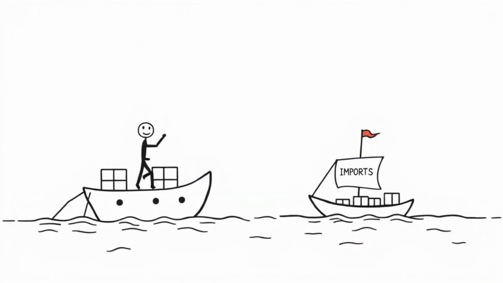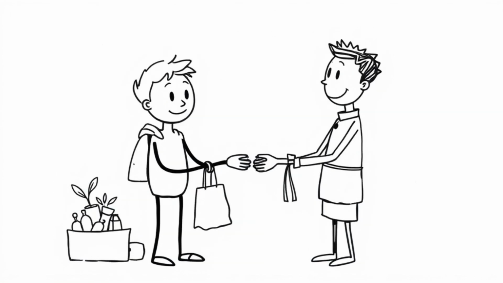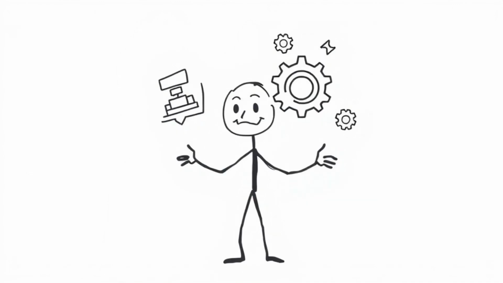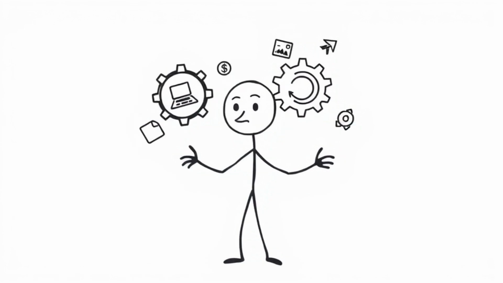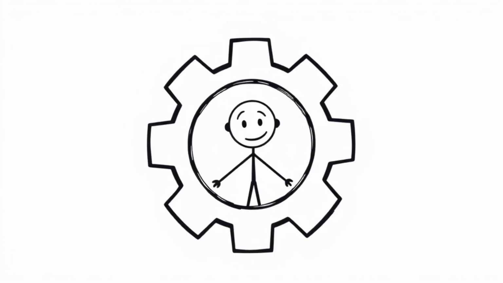Trade happens through exports and imports. Exports are goods or services a country sells to others. Imports are goods or services it buys from others. So if a country exports airplanes and imports electronics, money flows back and forth between those economies. But it's not just physical products. Services are traded too. Streaming platforms, software, financial services, tourism. Even when you subscribe to an app built in another country, you're participating in global trade.